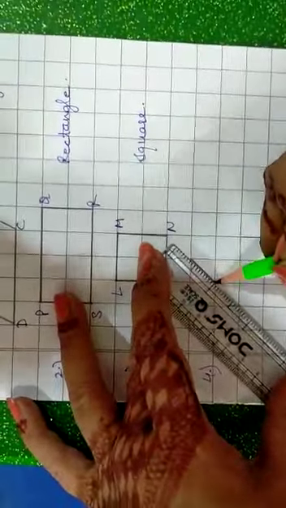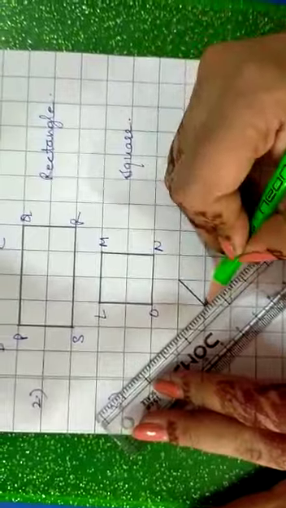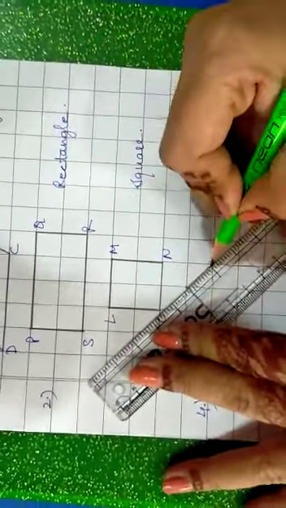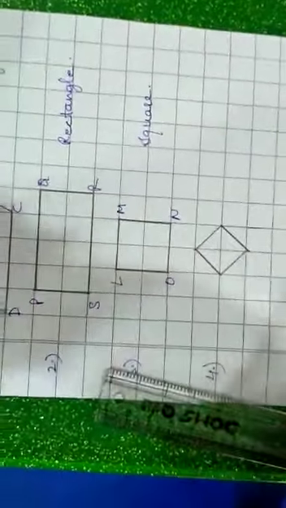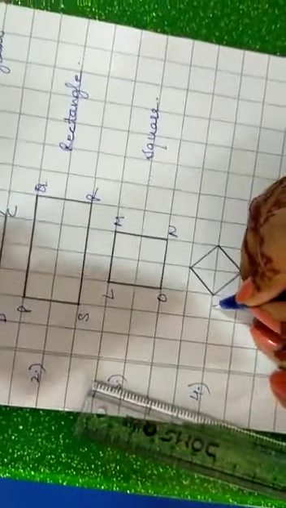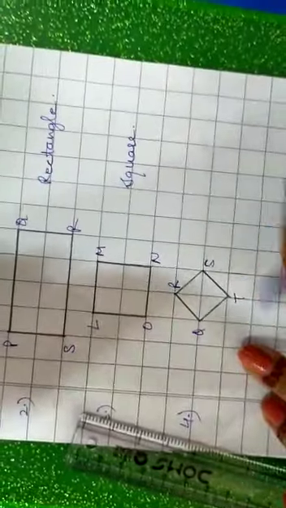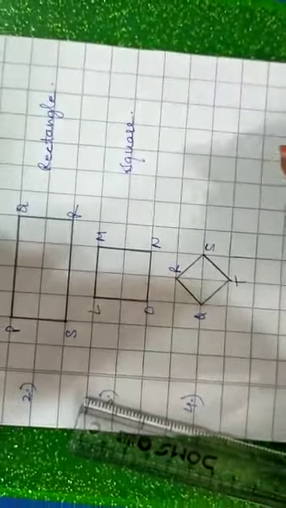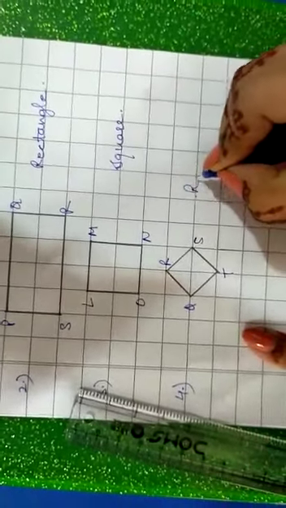Something else is given in your book, but you can draw it easily in a box sheet like this. You can draw in this shape. Its sides, those sides should be of equal length. Q, R, S, T. These should be of equal length. Even if you draw it another way, keep in mind that its basic nature is that its sides should be equal.